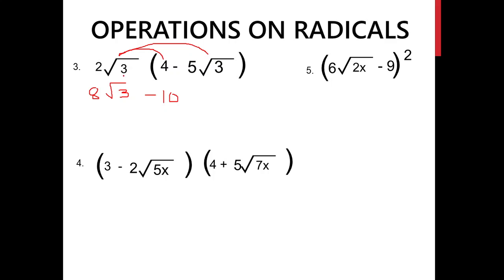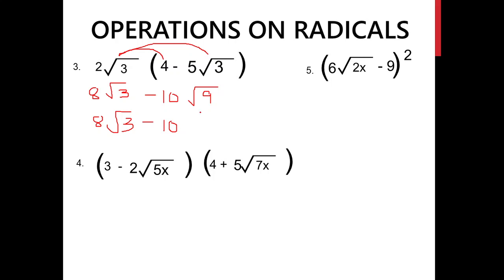Now here, we have a radical 3 and a radical 3 here. So that is 3 times 3, so you have the square root of 9. Then let's see if we could simplify this one. Let's just bring down this one first because 3 is already in its simplest form. So you have 8 square root of 3 minus, bring down 10.